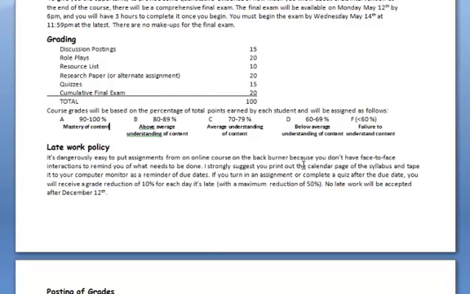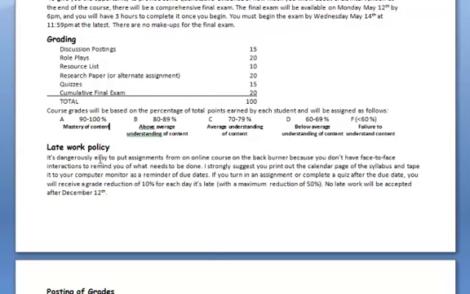Okay, late work policy. Having done some online stuff myself, I know it's easy to put it on the back burner and forget about it, and then at the end, oh my gosh, I've got all this stuff to do. I need to turn it in. You can do that, but it's going to cost you. For every day that an assignment or a quiz is late, there's a 10% reduction in the value. So if it's 1 day late, the best you can get is a 90. After 2 days, the best you can get is an 80. But I do stop the bleeding with a maximum reduction of 50%.